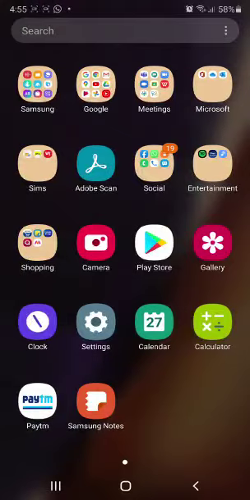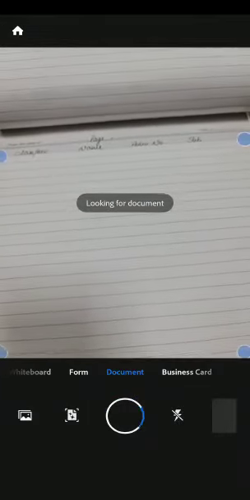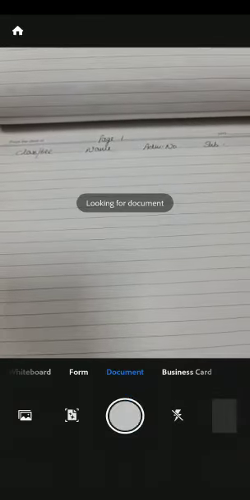Hello students, today we are going to show you how to prepare a PDF and then upload it in Microsoft Teams. First of all, you will open a PDF scanner, for example, Adobe Scanner. Click on it and now you can click the pics of your answer sheet, pages of your answer sheet. Click on the pages one by one.